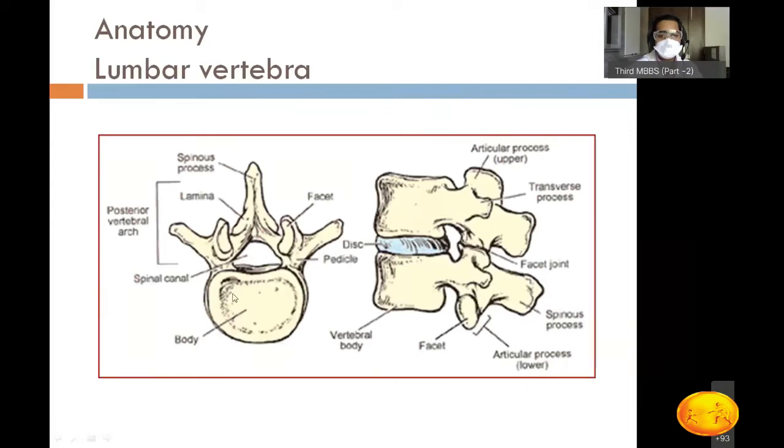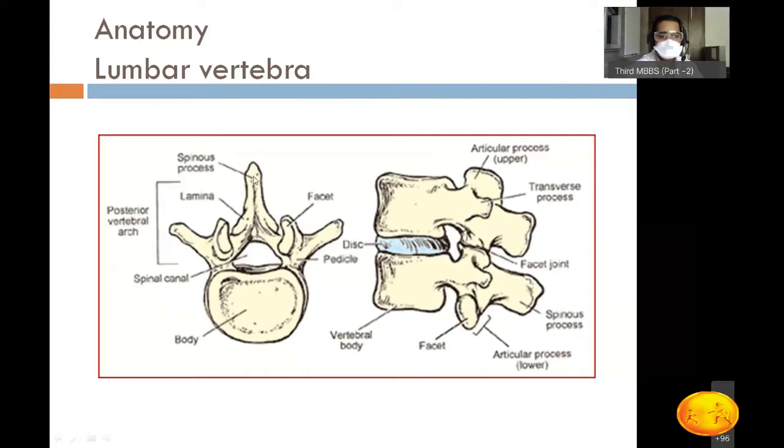Coming to the anatomy of vertebra, each segment is totally different. A typical vertebra usually consists of a vertebral body anteriorly. Then there is a neural arch, formed by 2 pedicles, each on one side, which connects the lamina to the body. So these two posteriorly are laminae, which are connected to the body by pedicles. So this is a complete neural arch: 2 laminae posteriorly and 2 pedicles anterolaterally.